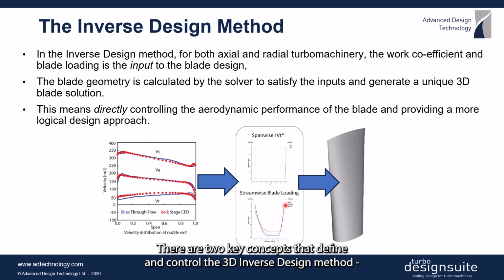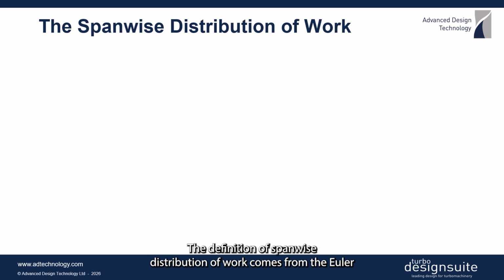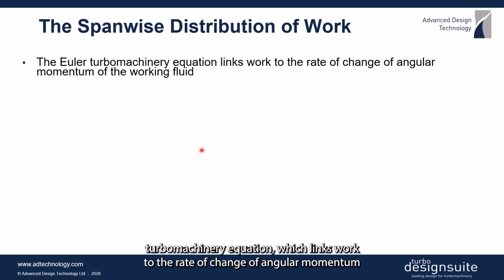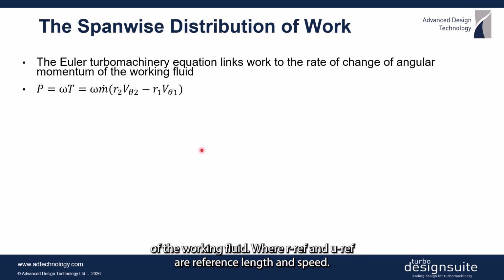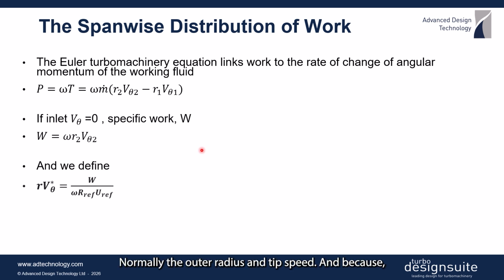There are two key concepts that define and control the 3D inverse design method: the Spanwise distribution of work and the meridional distribution of blade loading. The definition of Spanwise distribution of work comes from the Euler turbomachinery equation, which links work to the rate of change of angular momentum of the working fluid, where RF and URF are reference length and speed, normally the outer